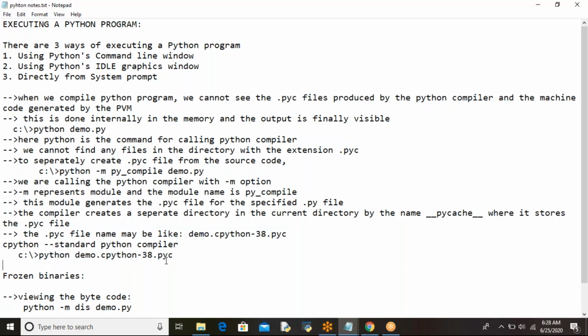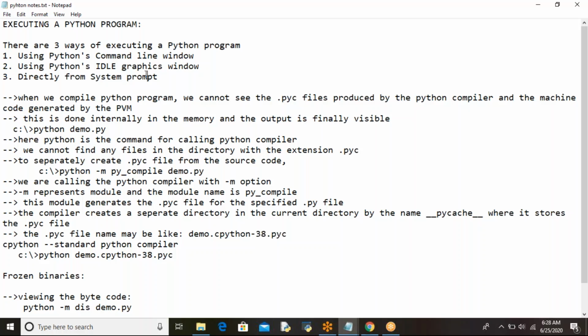So theoretically, I explained all the things, right? Now practically, I'll show you how to execute a simple Python program: first using the Python command line window, using Python's IDLE graphics window, directly from the system prompt, and also using Notepad.